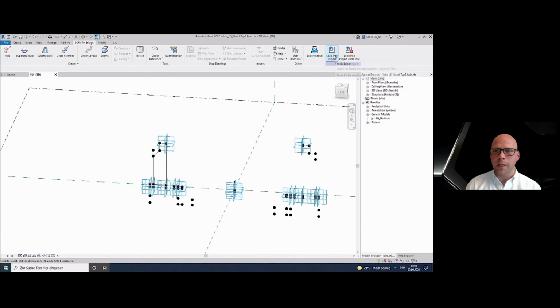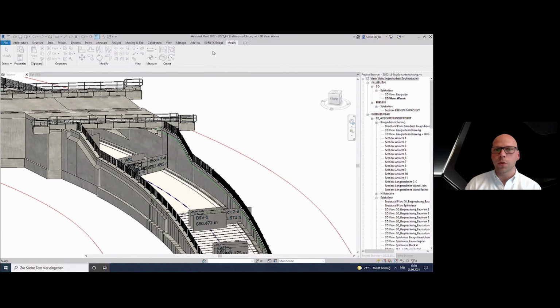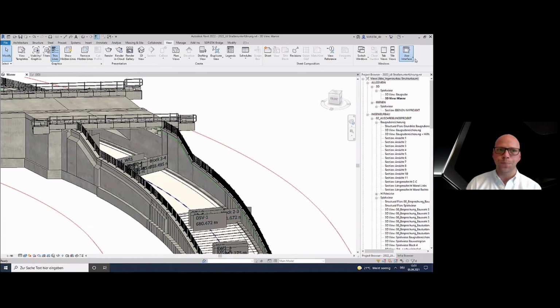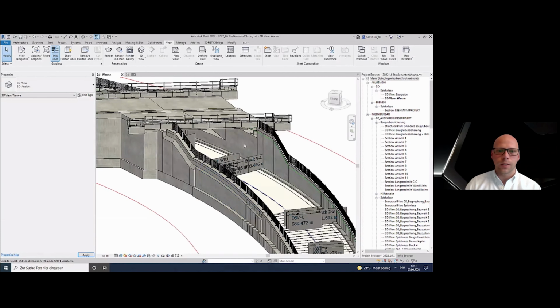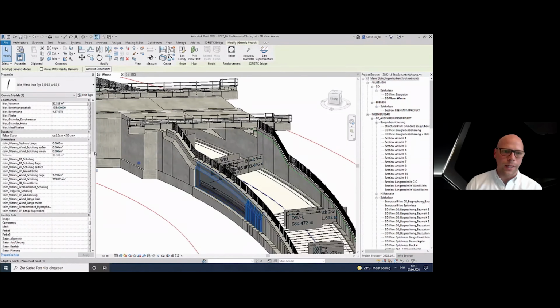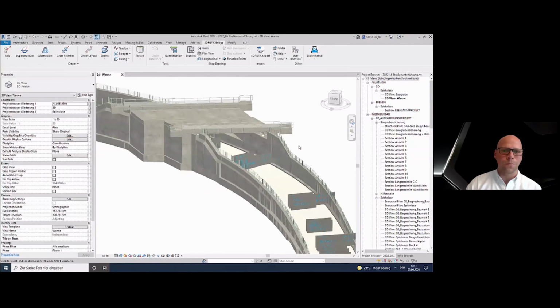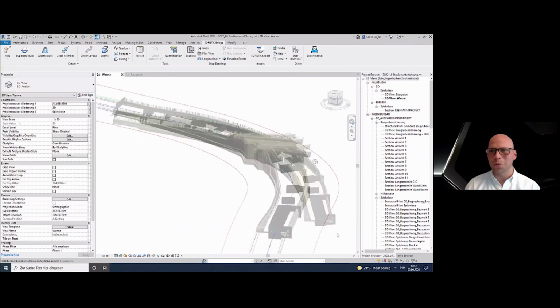So we have an edge of the cantilever wall, we have the inner and outer walls. Of course, we have to override these families. We can activate the properties once again. And right now, let's select the wall. And we can see that actually the information is not there yet. So we have to tell Bridge Modeler to refresh the data, to calculate the faces, to calculate the edges, and we can get the proper values.